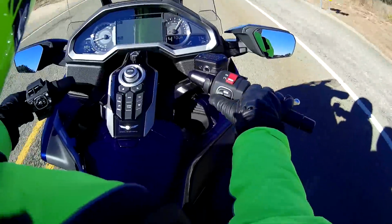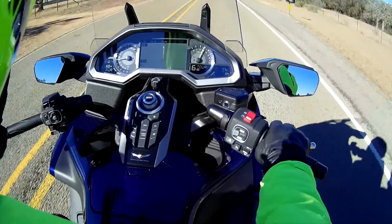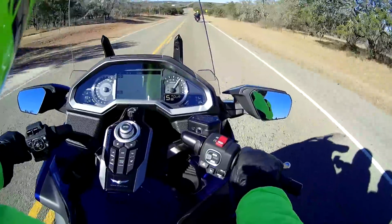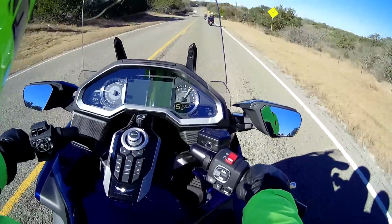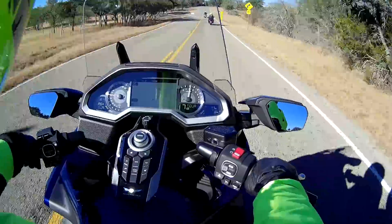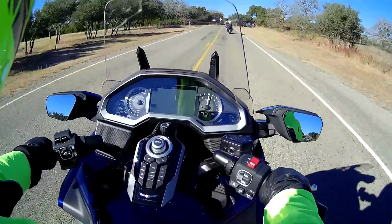Now, if I reach over here and push this button, put it back in the automatic mode, then I don't have to worry about anything. I can downshift just by giving it throttle, and it'll downshift for me. So the automatic mode's kind of nice if you just want to forget about messing with the shifter and just ride. Anyway, to get back to the suspension,